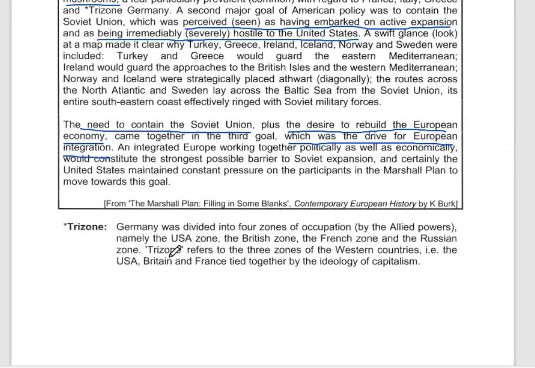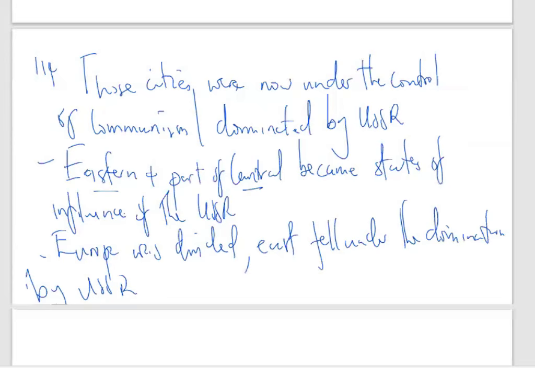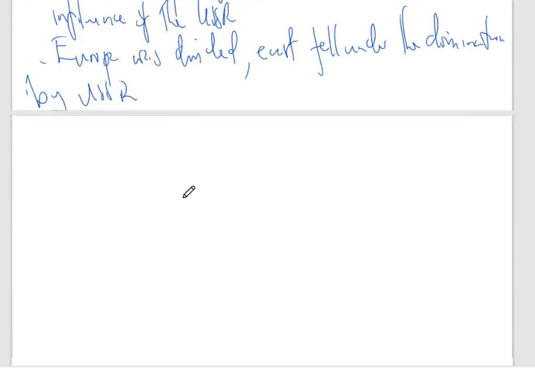But it was going to be given through the means of containing the Soviet Union and also through the desire to rebuild the economy of Europe. We can safely say in this context, for number 144,